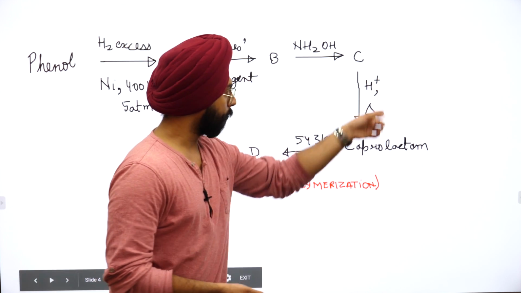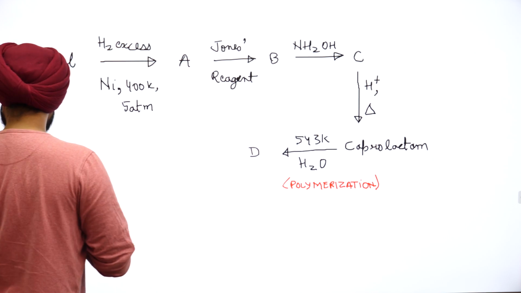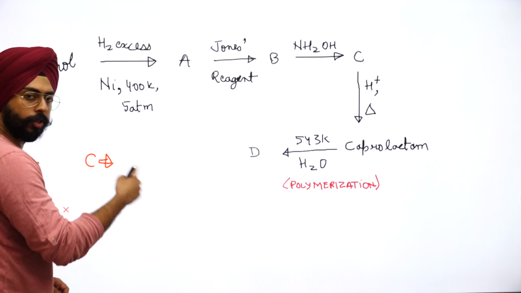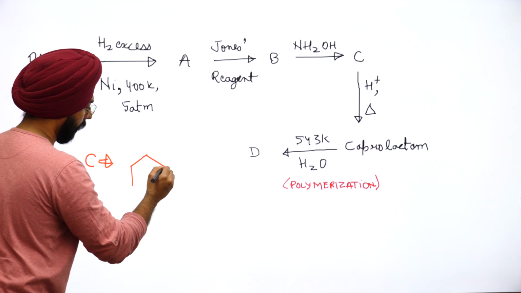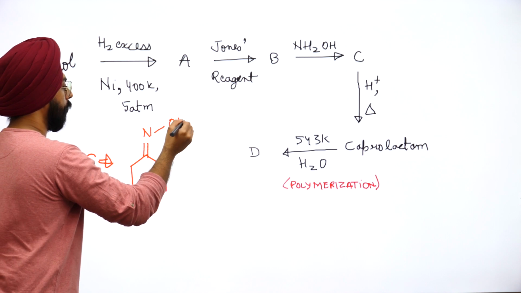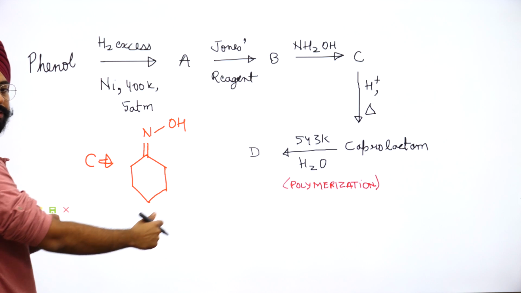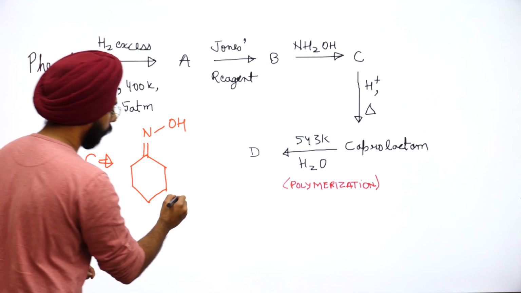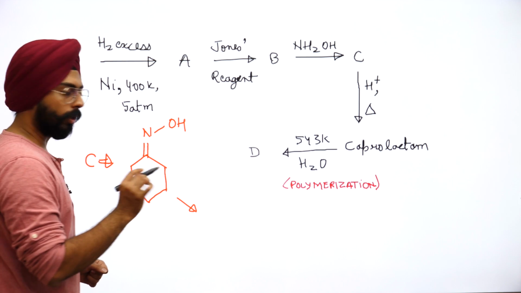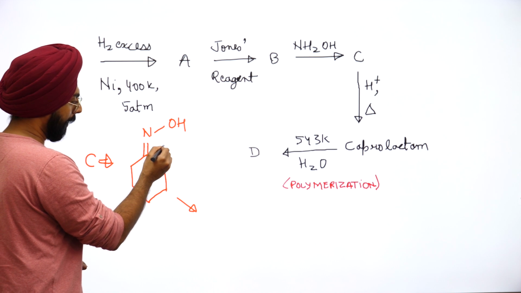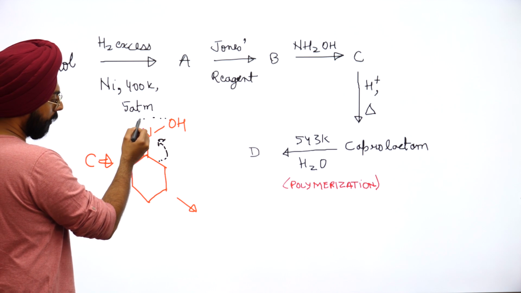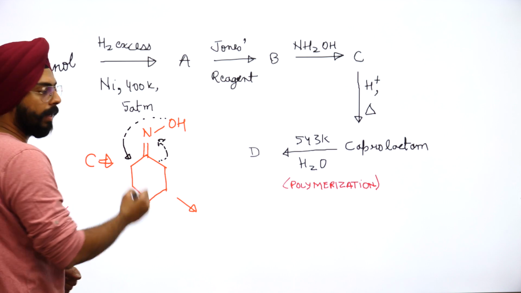Now let's go back to that question which was a good application of all of this. ठीक है, so we'll start from step C. Yeah, तो C पे क्या बना था अपने पास? C was this. Yeah, this particular structure that I'll make was C. अपने पास बन गया था एक ketoxime, double bond N, and over here you get an OH group. So what will form after this? जब Beckmann rearrangement हो जाएगा तो क्या बनेगा? Basically मोटा मोटा लगाएं तो this carbon will migrate over here. Yes, and this OH will go towards this particular carbon as a double bond O.